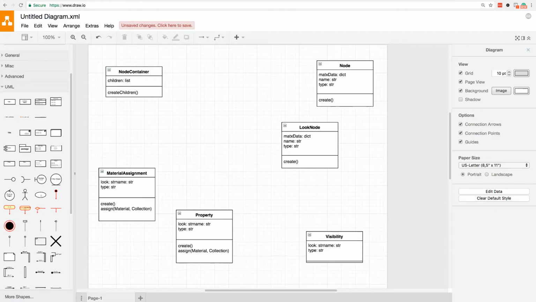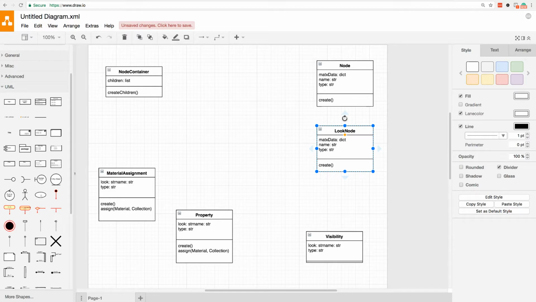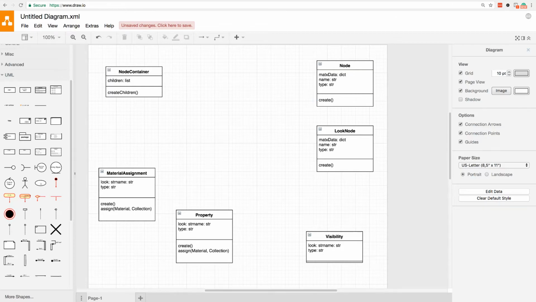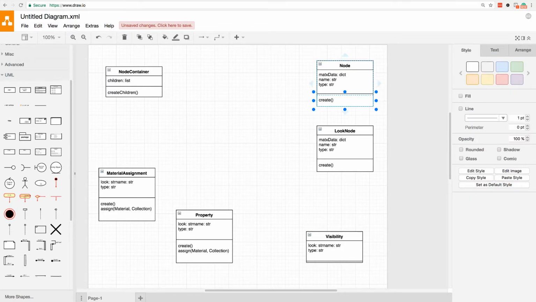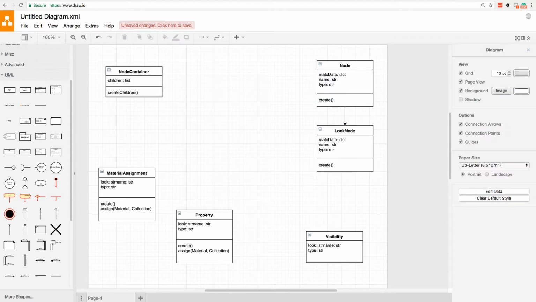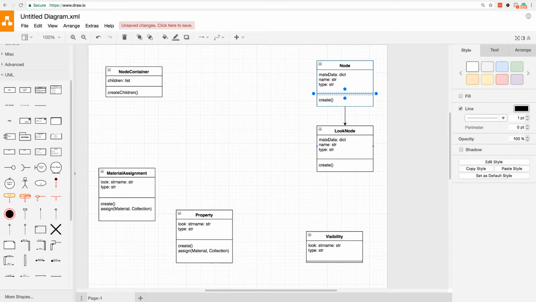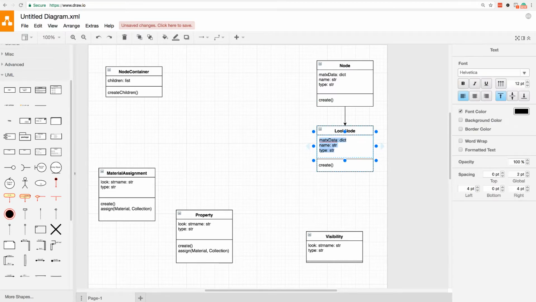So what's special about the look node? It's going to inherit a lot of the properties from the standard node. Let me find, I think there's a way to do that here. Yeah. Right, so this is going to inherit from this guy. So a lot of this information that we're passing in here is not necessary because it's going to be inherited.